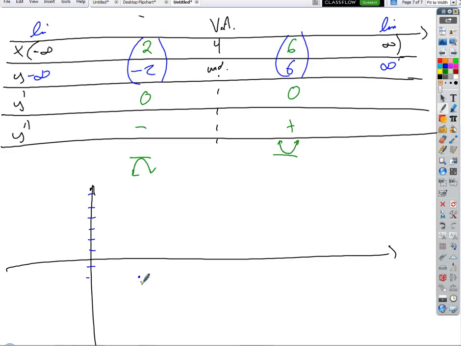Right? So there's 2, and here's 6. At positive 6, we're getting a minimum. And we have a vertical asymptote at 4, so there's 3, 4, 5. So then what's this thing going to look like? It's going to look like, this all makes sense, doesn't it? Because then we end up with this function